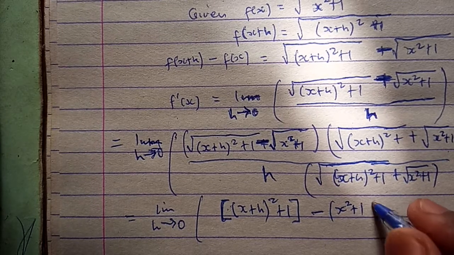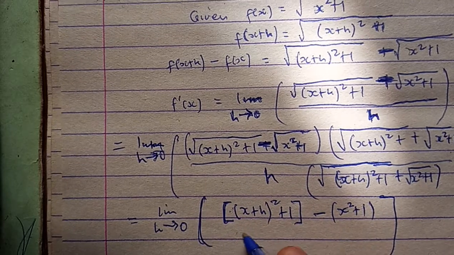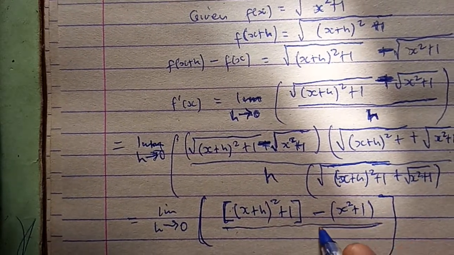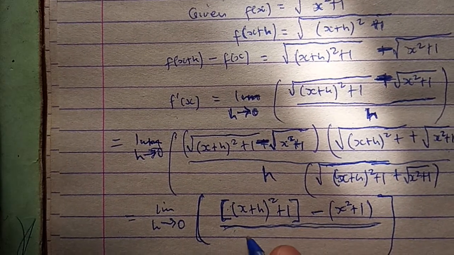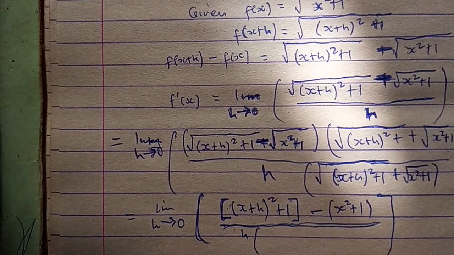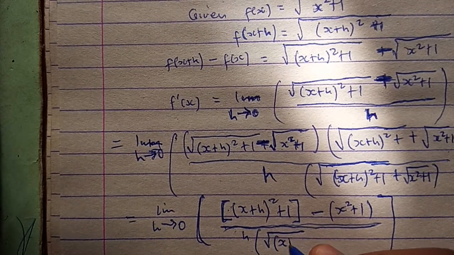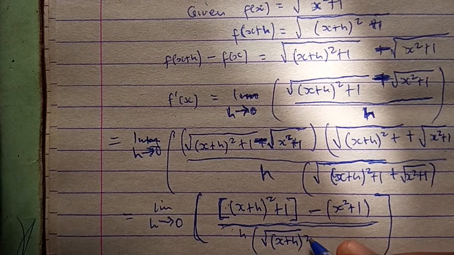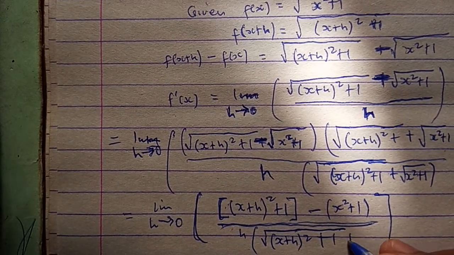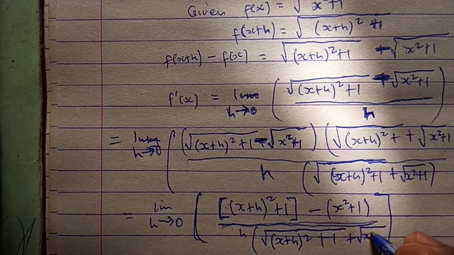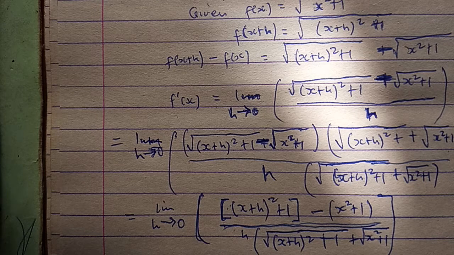Have you seen that, guys? Bracket close, all over h multiplying by square root of (x plus h) squared plus 1 plus square root of x squared plus 1. So guys, this is how we go about